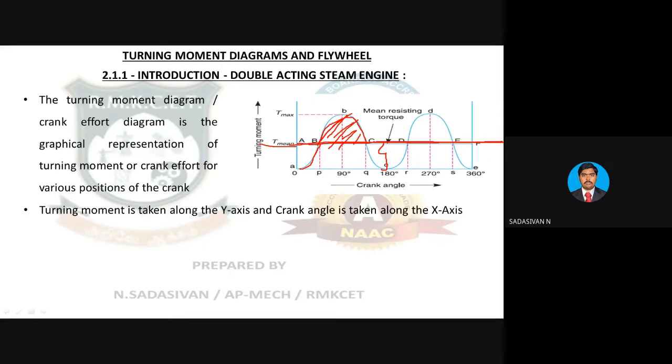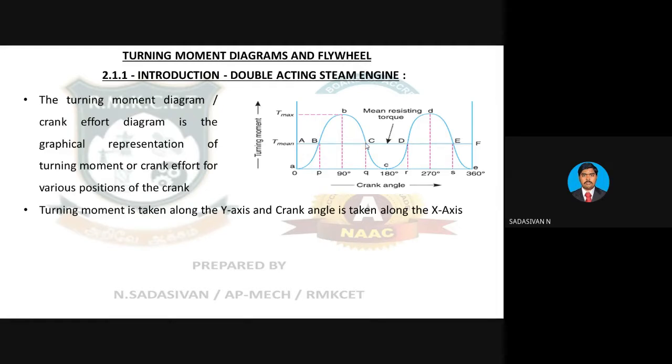Majority of the fuel spent is to keep the vehicle itself moving. You are not a big burden to the vehicle. If the vehicle can move, then you are nothing. Like that, this mean torque is actually the torque required to keep the vehicle in sustained motion. The remaining is available for you to increase the speed. You can go fast. If you keep increasing the fuel input, more energy will be coming out from the combustion, then the speed will go up. Above the mean torque, whatever is available is for you to accelerate the vehicle.